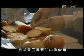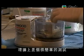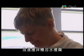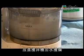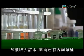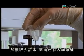The way that we measure the amount of pyruvate in onions, it's really a very simple test. All we do is we take a section of onion and mix it up in a blender with some water so it's all completely broken up. And then we take a small amount of that water, and that now has the pyruvate from the onion within